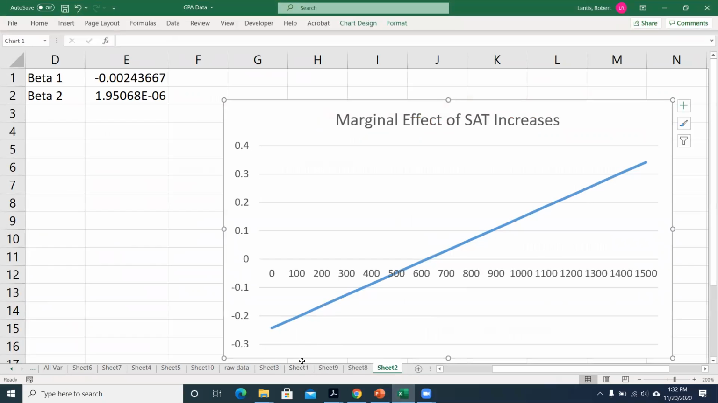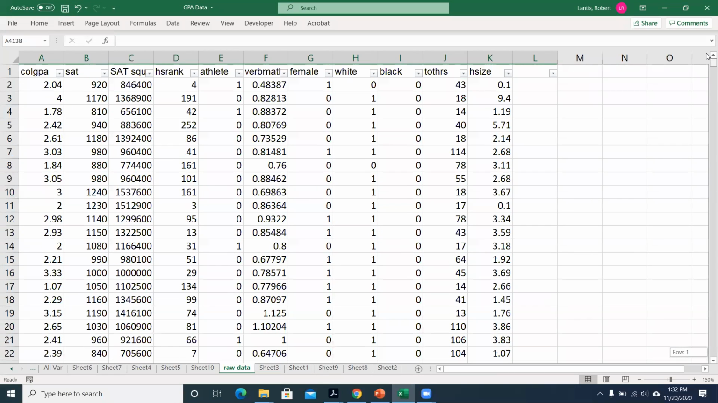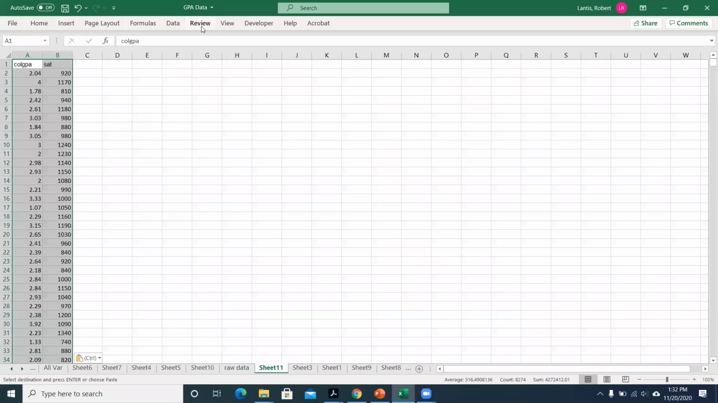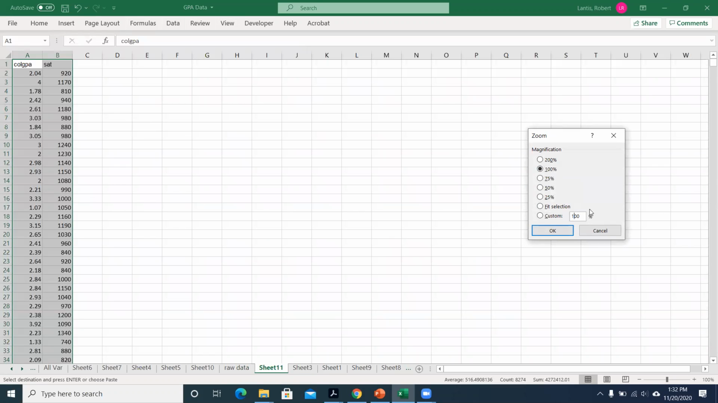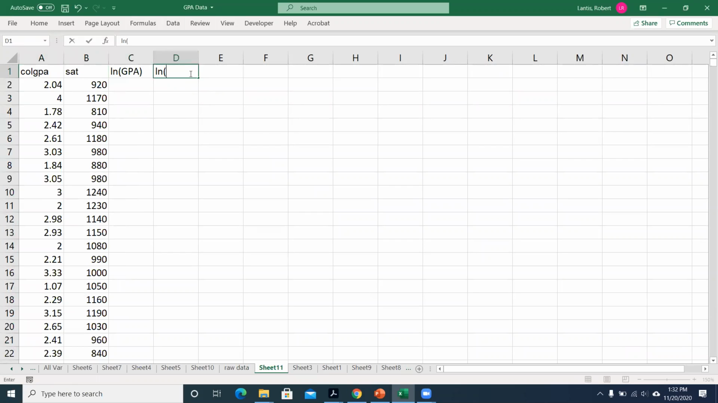I'm going to show you these results, but I'll show you with this GPA data set how we could do this in practice, and then we'll just look at the results. Okay? So I'm just going to copy and paste this over here. I'm going to zoom in a little bit. Okay. So all I'm going to do is create 2 new variables,